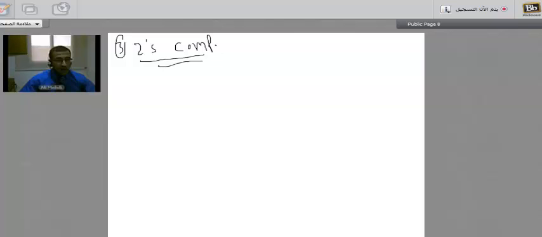It's not like the ones complement, as I said, where we make the zeros ones and the ones zeros, and then we have a ones complement. In the two's complement, we have two ways of doing this, but I'll give you the easier way. The easier way says, right, change. This is the rule. Change the bits after the first